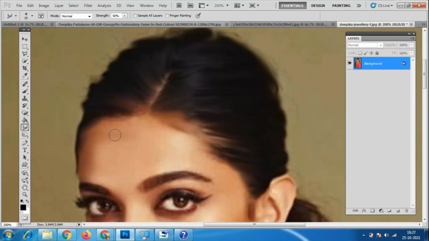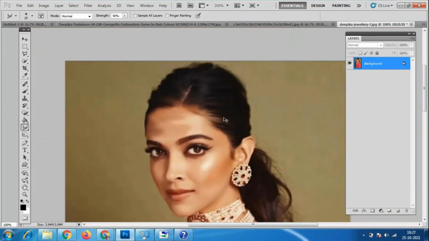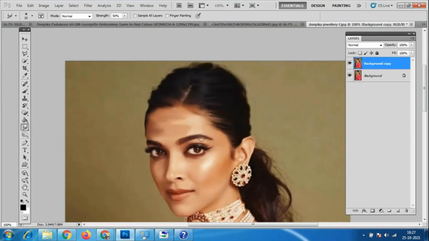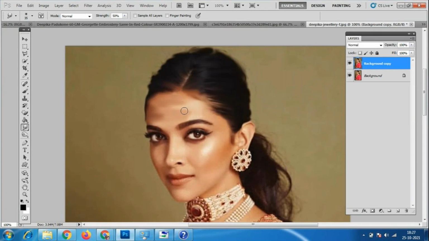So somewhere here also we have to use this. Okay, so here also we have to use this option. So I have not taken the duplicate copy of this file. So by the time we'll not get to know what are the changes I have did. So now I'll take the duplicate copy. See, look at here. So here should not look like the patches and all.